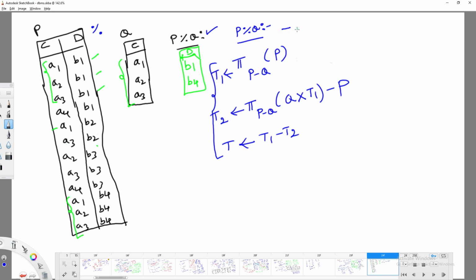Can you get the join operation? How are we going to get the join operation? Using sigma and cross product you can get it. What about left outer join, right outer join, and full outer join?